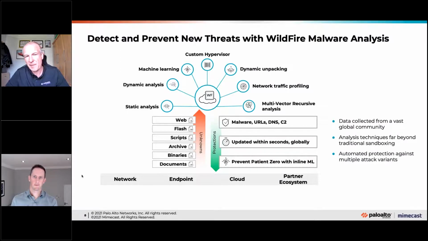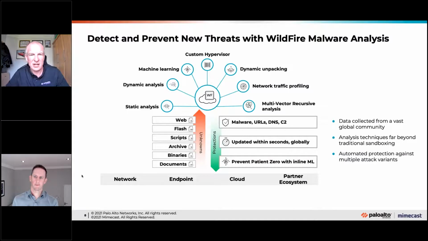Then we go to dynamic analysis. So all of these capabilities are basically passed through in seconds within Wildfire. The dynamic analysis will spin up different environments, and in parallel will explode the executable, for example, against various versions of Windows, Mac OS, Linux, etc. And it will actually see what happens. Is anything malicious happening that we are uncomfortable with? And if there is, then we will do further analysis.